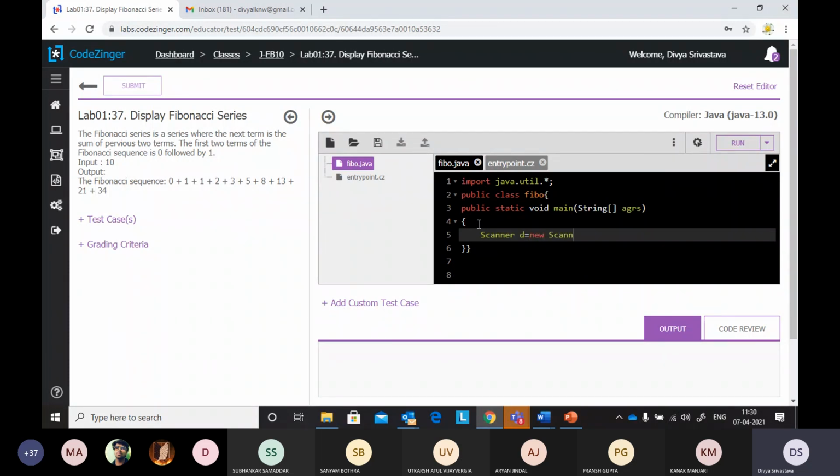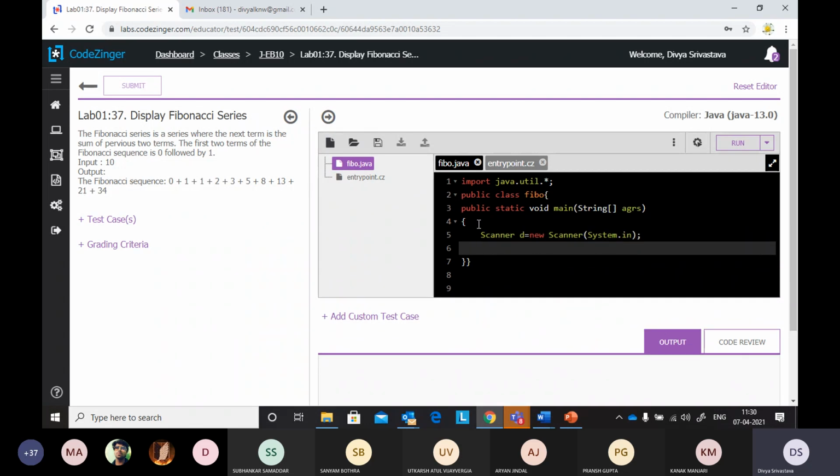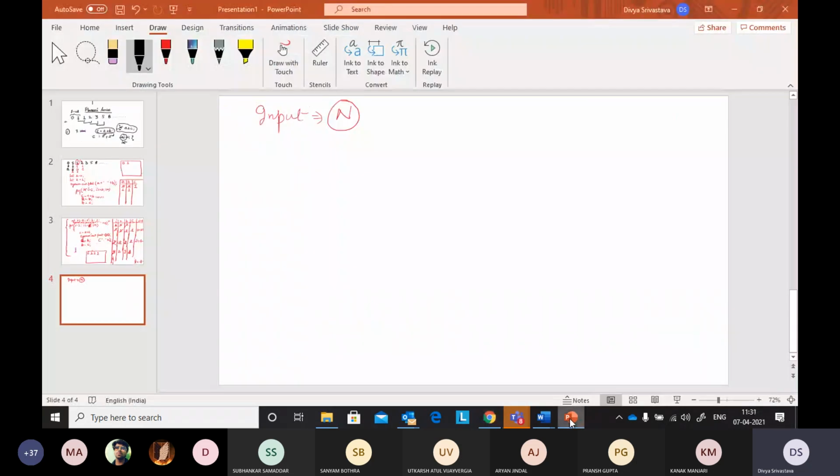First let us take this input class, new Scanner(System.in). Now, if you remember, how many variables did we take to solve this question?